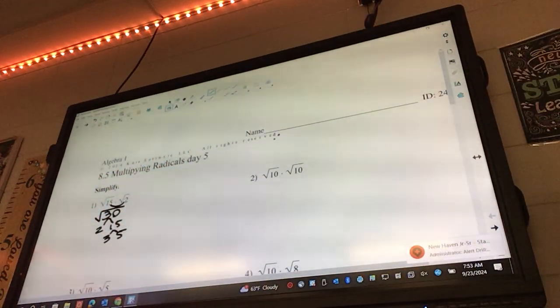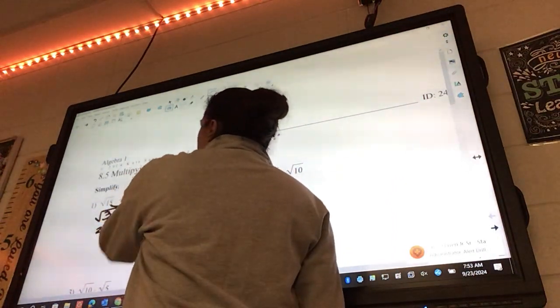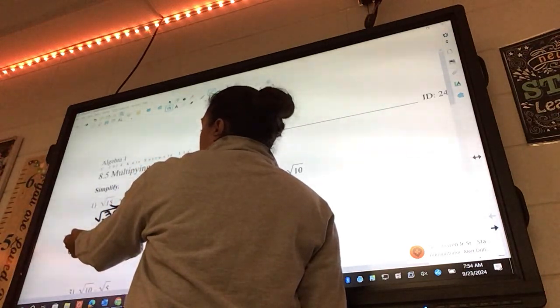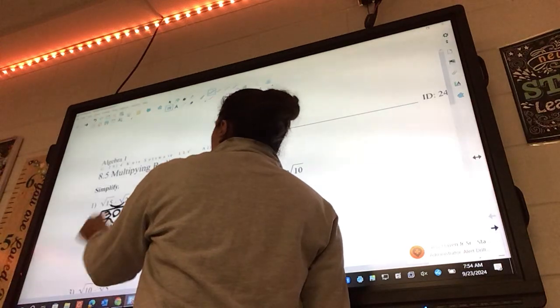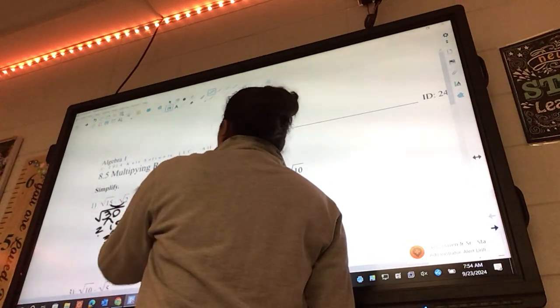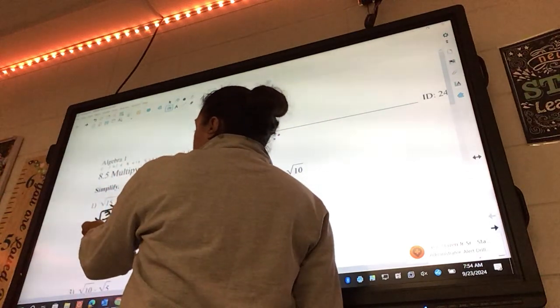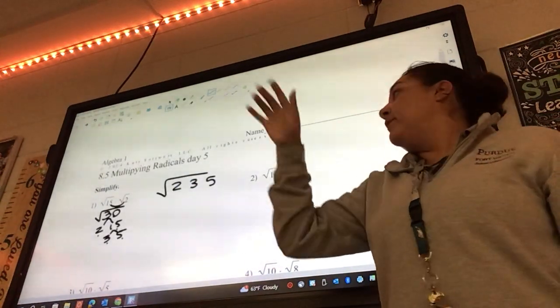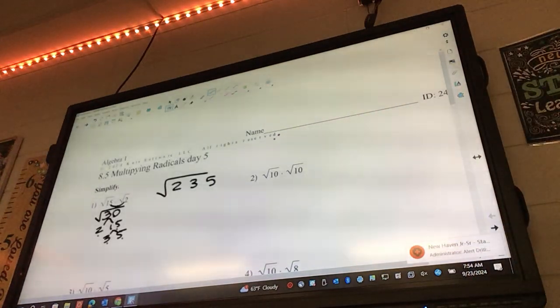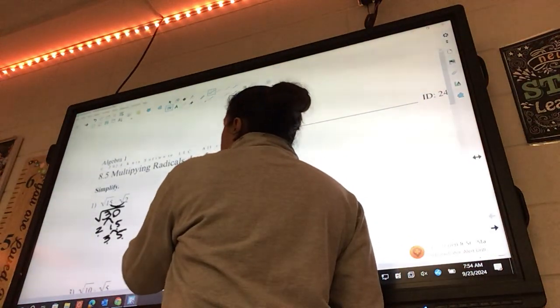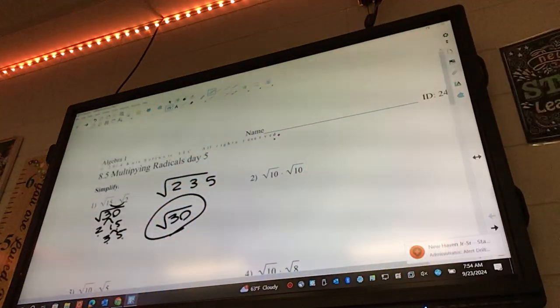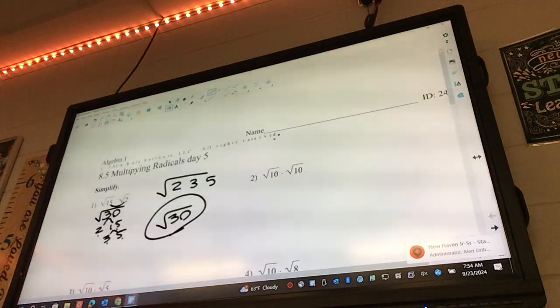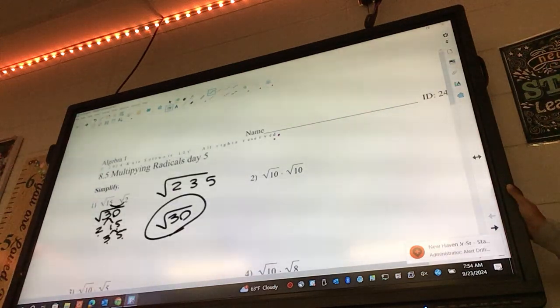Okay, so who can go? No one can go. So can the 2 go? No. So where's he going to go? Back on the inside. Can the 3 go? No, he's going to go back on the inside. Can the 5 go? No, he's going to go back on the inside. Do we do anything with the 15? No, remember? 2, 3, 5, 7. Well, what do you do with all the numbers if they're back on the inside? You multiply them. So 2 times 3 times 5 is still 30. What this is saying is that in this case, the radical cannot be simplified. Okay, but that just so happens to be a fluke because most of them can simplify. So make sure that